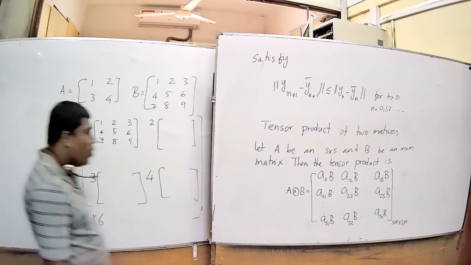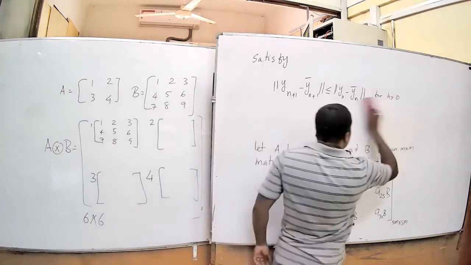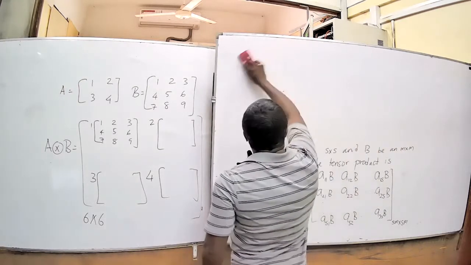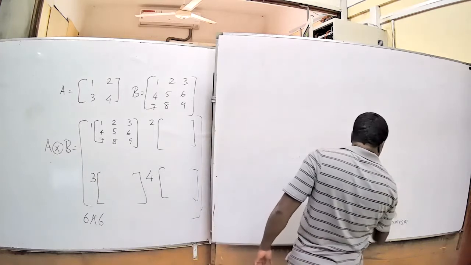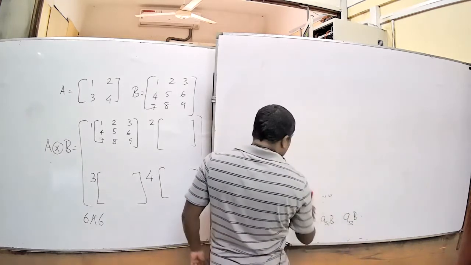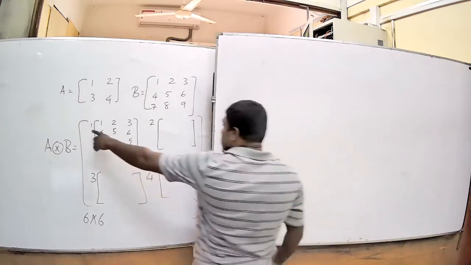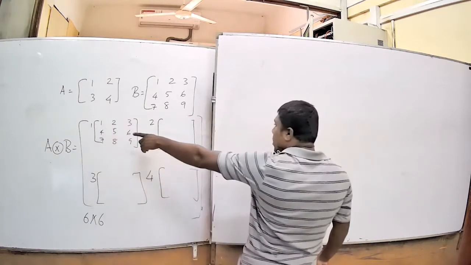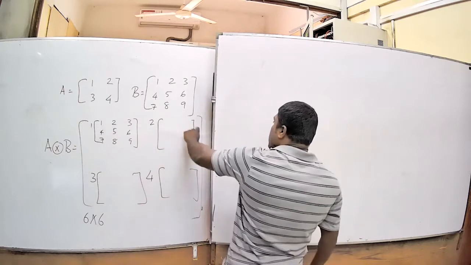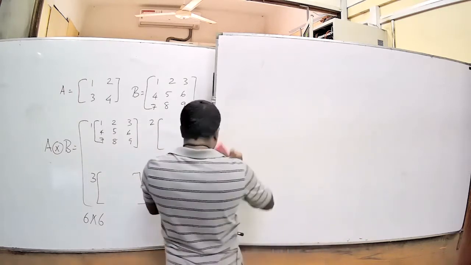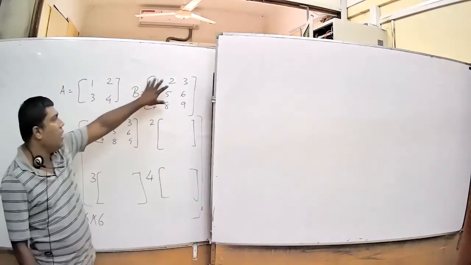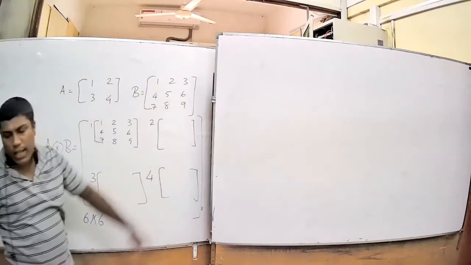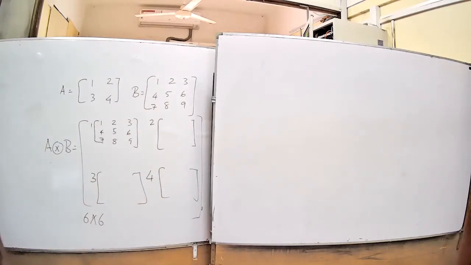So let us go back to B stability now. When I say 1 by this matrix, that means you multiply every component by 1. Here 2 by this matrix, so you multiply every component by 2. And then 3 by this matrix is multiply every component of this matrix by 3, and the other one, multiply everything by 4. That is how you do that, which you can do now.